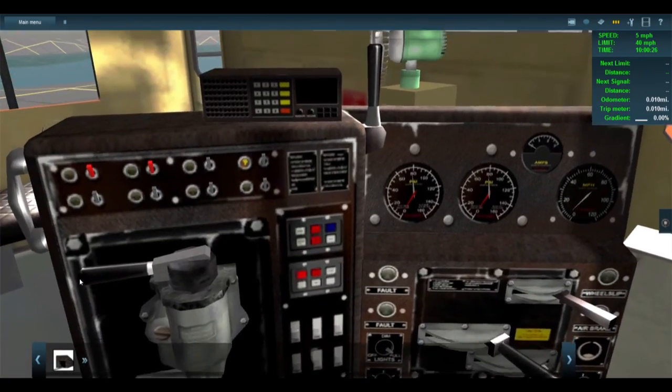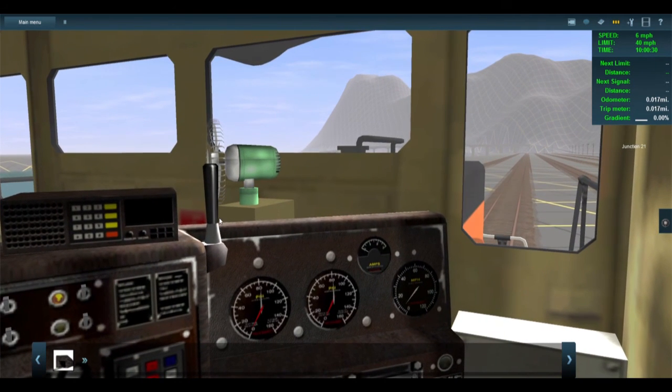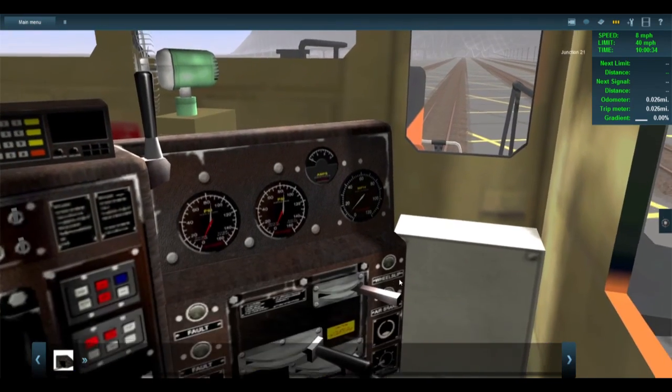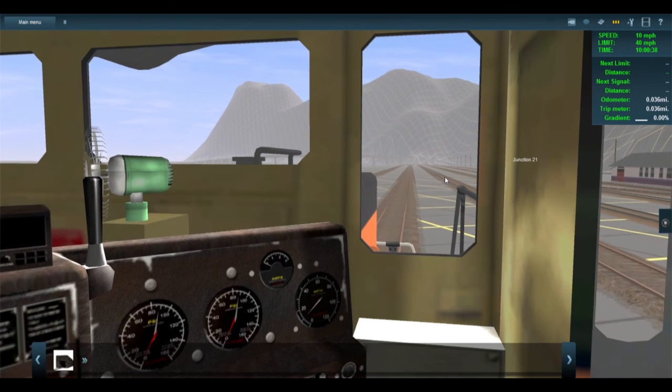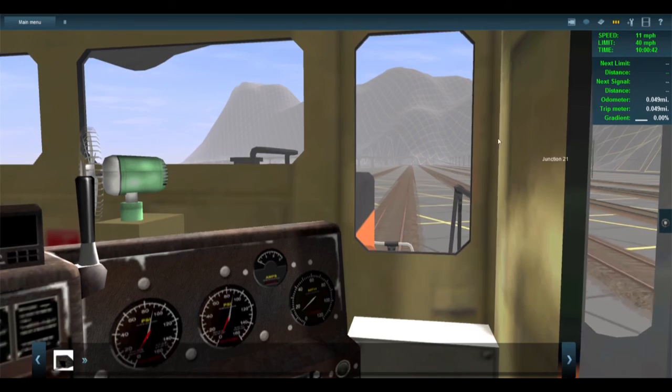We can't hit any of these. Normally, if you use the other controllers on here, you can pull all the levers in here. The levers right there. Just hit B for your bell and H for your horn. What a noise going on. But yeah,